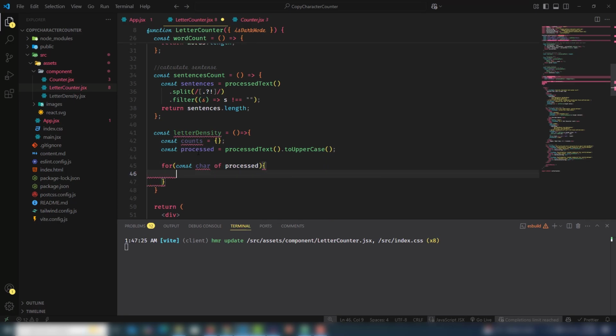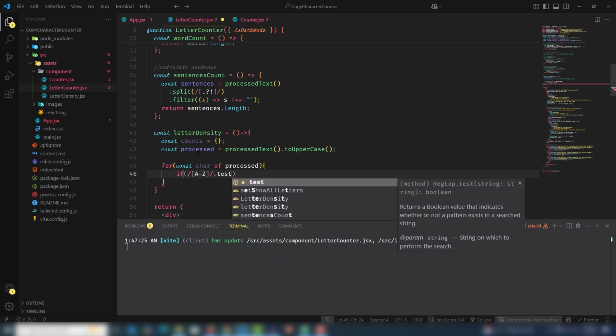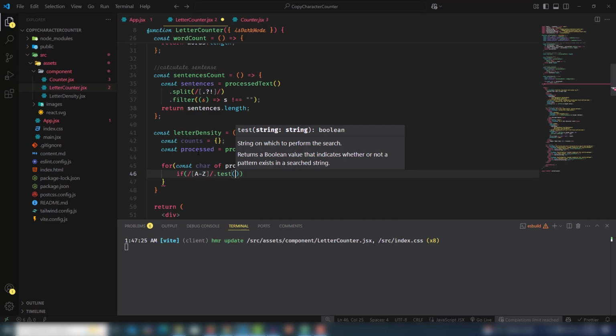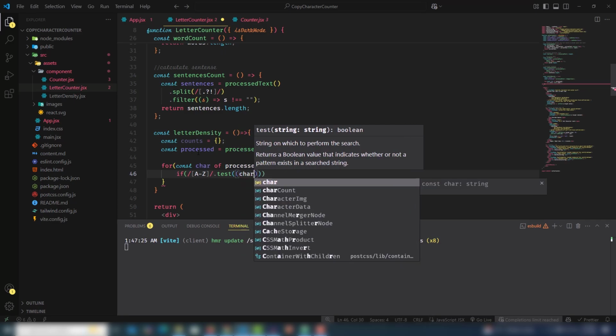And use curly brackets, if A to Z test, and that will be used on char. Right,